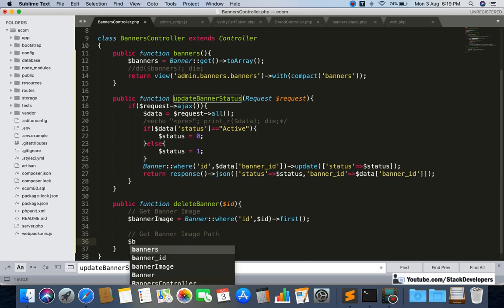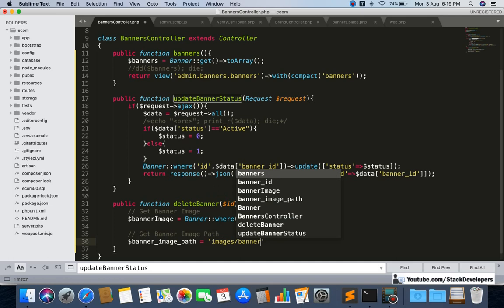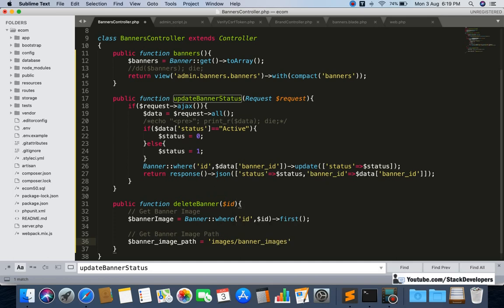Here we are going to get the banner image path. Images, it's inside images, then banner underscore images. Okay, only this one we are going to write here.